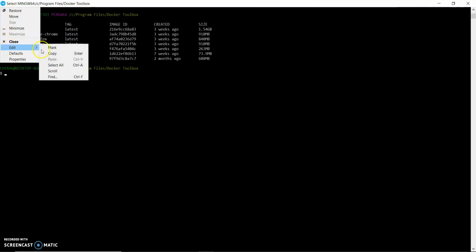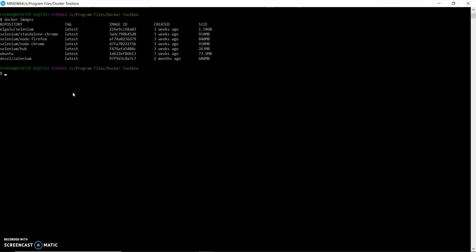So I need to customize this image and install some software in it, and I need to build a new image. So how can I do that? That is where the Dockerfile comes into the picture, when I need to create an image according to my application, or I need to put all the dependencies in that image, and then use it.